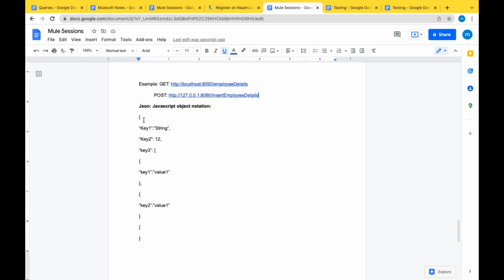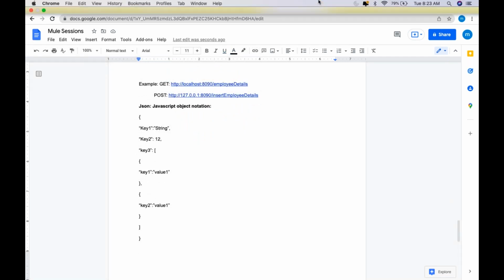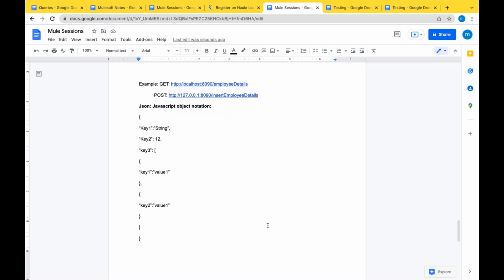So what exactly is a JSON? I'll give you a brief on what exactly a JSON is, and what topics we are going to discuss tomorrow. JSON is JavaScript Object Notation. Most web services, as we discussed, are categorized into two types: SOAP web services and REST APIs. REST is architecture based. SOAP web services are completely XML based.